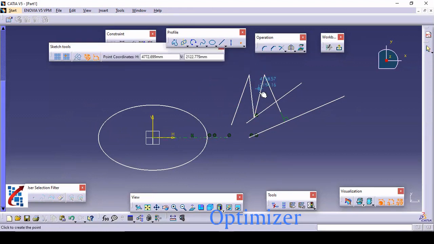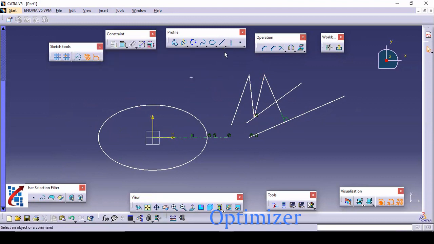So just click on this point and you can define a point at any location. Again, there are different options, just like equidistance point, intersection point. Intersection point means if suppose you want to create a point at the intersection of this line and this line, you just need to select these two lines, and the point will be created. Just see, the point is created here. So like that you can use it, just go through all the sub commands.